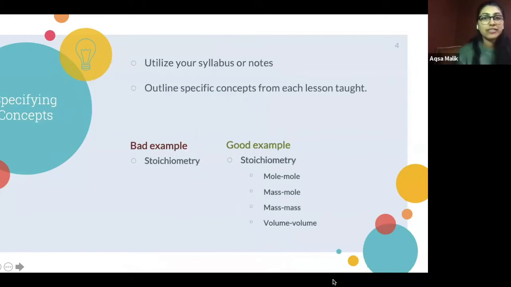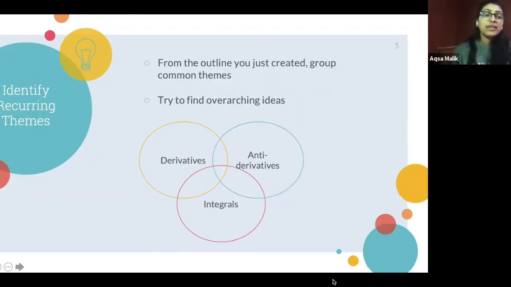Diving a little deeper into specifying concepts, on the first day of classes, your professor may have given you a syllabus that may have given a date and the concept that they are teaching for that day. So utilize that syllabus as kind of a rough draft outline. So maybe learning stoichiometry and breaking that down, as you can see in our good example, into mole to mole, mass to mole, and so forth. You really want to break down your concepts in a similar way, and then from there, you want to start